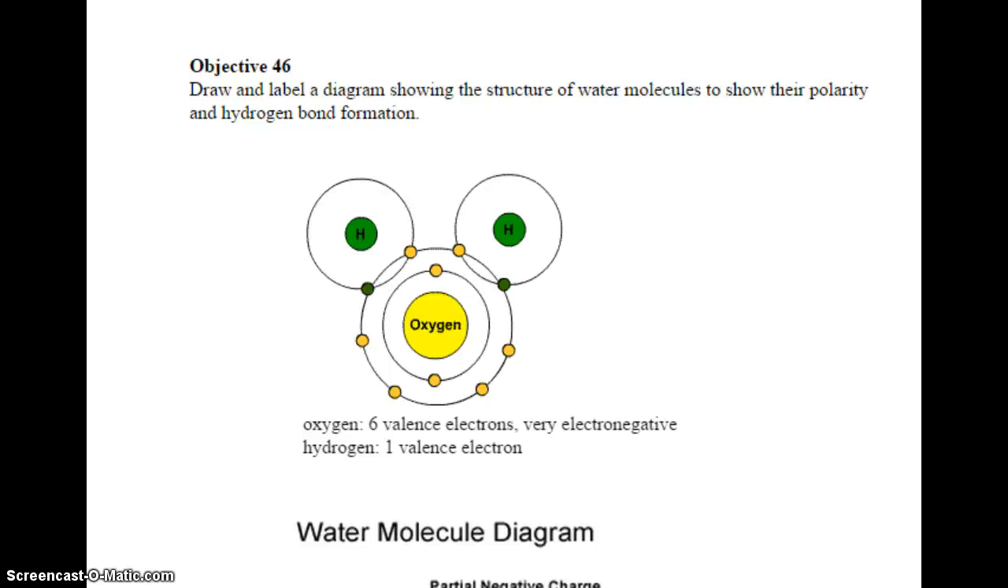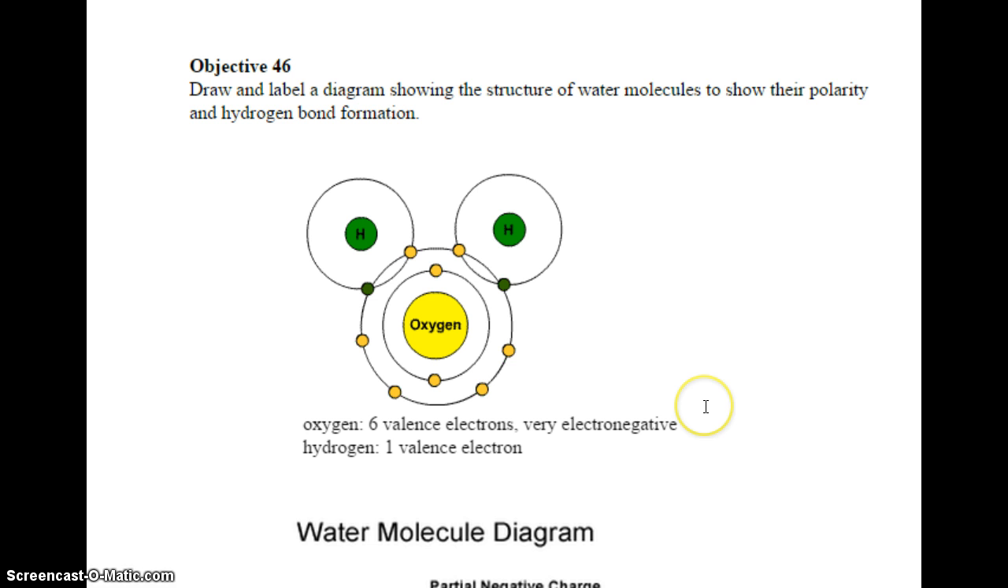This video is on objective 46, which is to draw and label a diagram showing the structure of water molecules to show their polarity and hydrogen bond formation. So water is H2O, which is two hydrogens and an oxygen, and they form a covalent bond, or two covalent